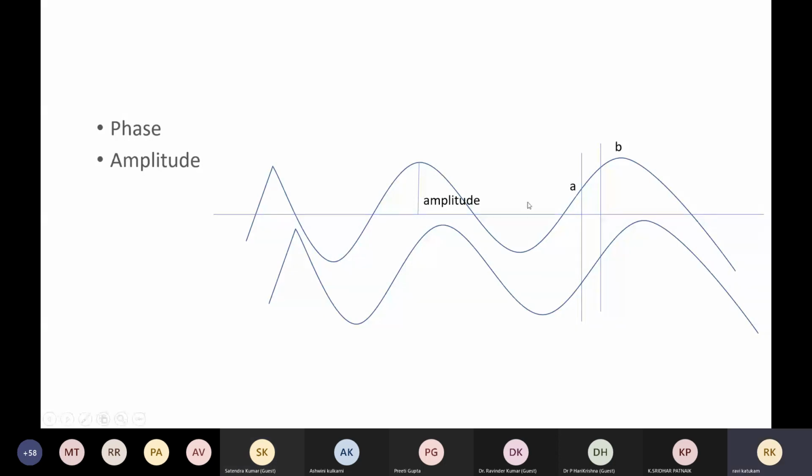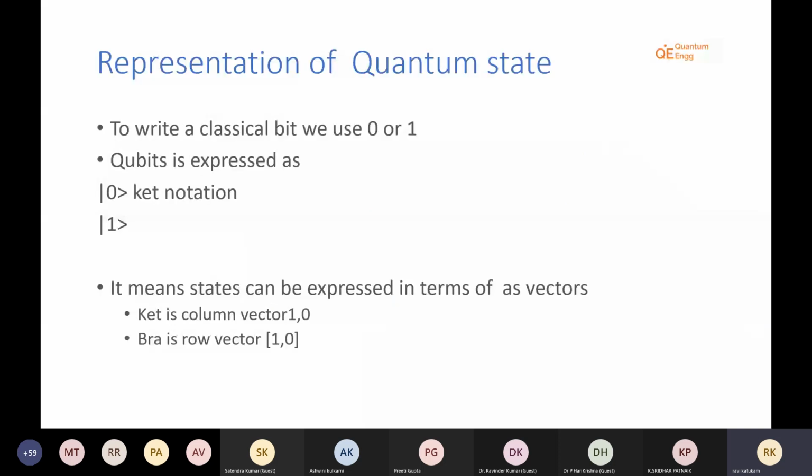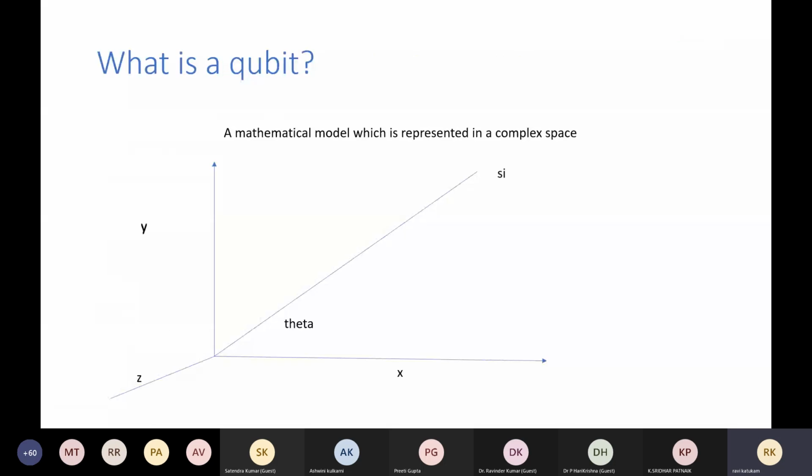Okay, so there is a representation called Ket notation. Whenever you have this bar and greater-than symbol with 0 or 1 in between, this is Ket notation. A Ket represents a column vector. Then you have what is called the basis. This is what we tried to explain. For any psi, theta represents how far it is from x. And by sin theta and cos theta, we get its value when you project it onto x and y.